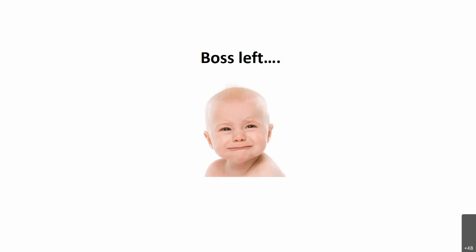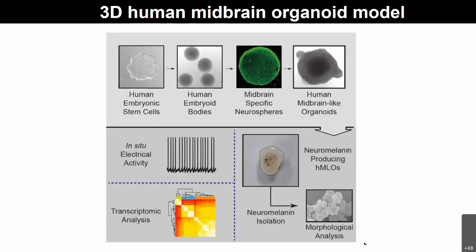So I had to shift to my second postdoc, and then the inevitable thing is that I have to shift the project, right? The new PI that I worked with is actually a clinician focusing on Parkinson's. So he said it's fine, you can work under me, but you have to switch to Parkinson's modeling. That lens actually forced me to look into the organoid model a little bit more.